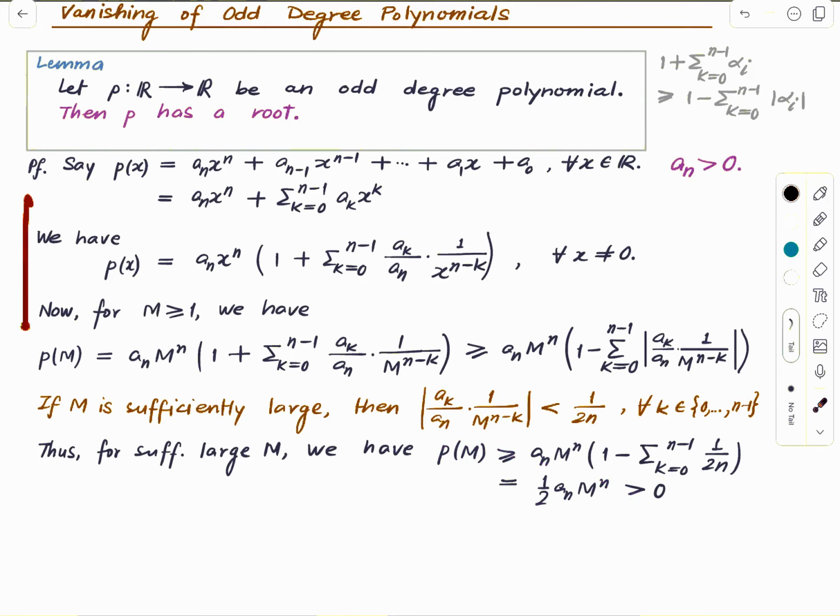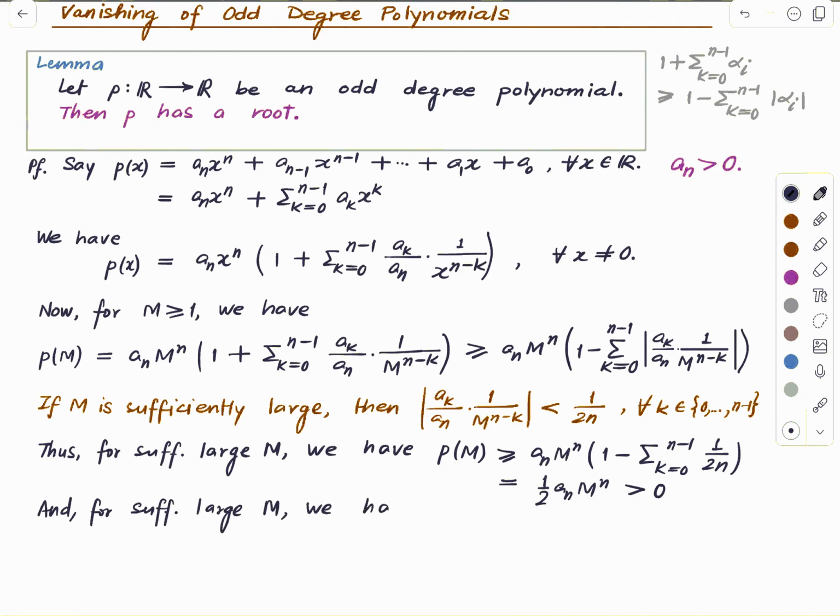And so far we haven't even used the fact that n is odd. This holds even for even degree polynomials. This argument has nothing to do with oddness, but we use oddness here. And for sufficiently large m, we have p of minus m, and let me use a different color, p of minus m, which is, by definition, equal to that much, which is less than or equal to